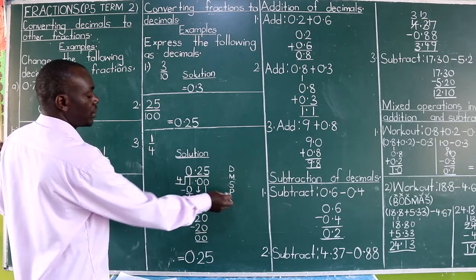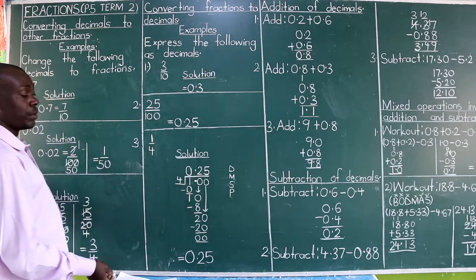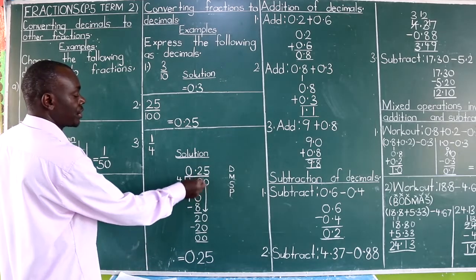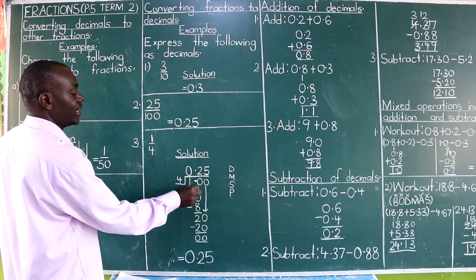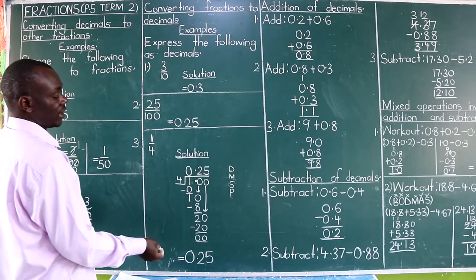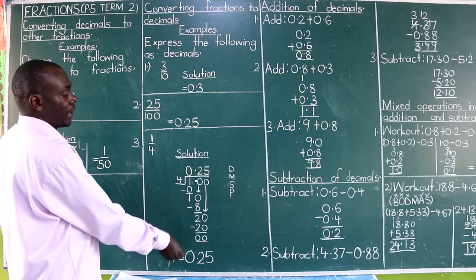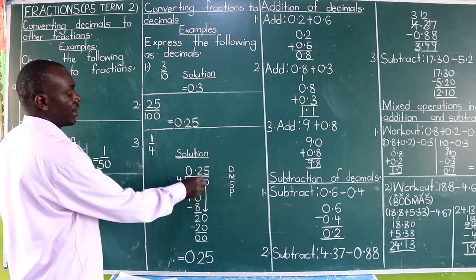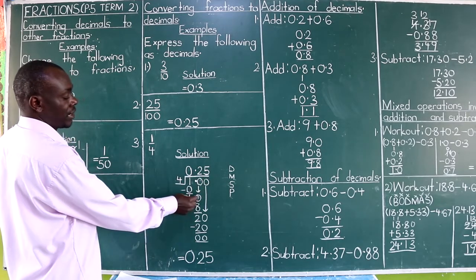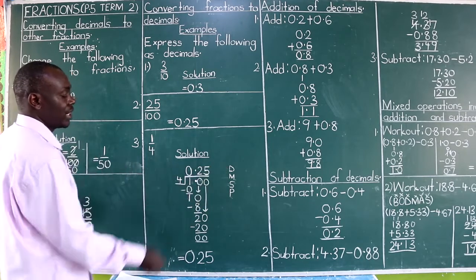Now I'm going to pull down. So we put a point here because there was nothing to pull down. Then we include this 0 to pull it down here. So I said put a point if you have nothing to pull down. You see you still have a remainder 1 here. So we put a 0 and then pull down this 0 that you have put. And then go 10. We go back to the same procedure.